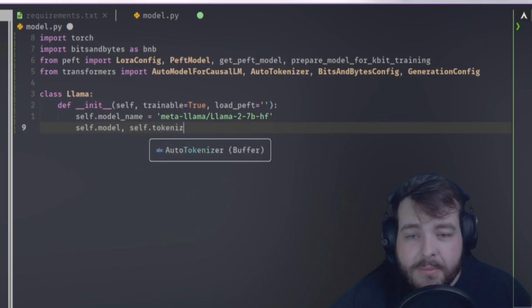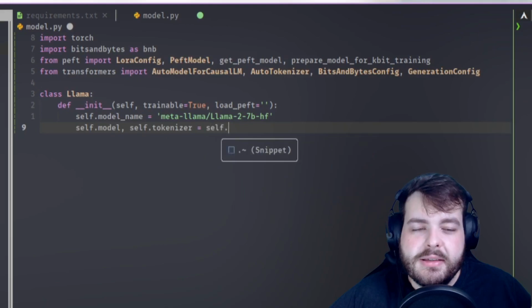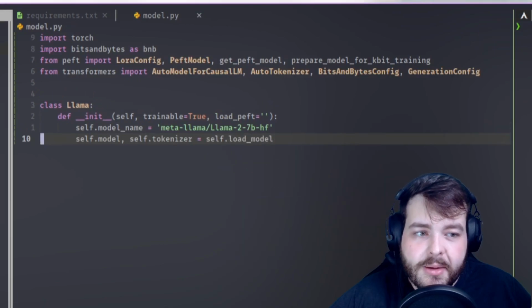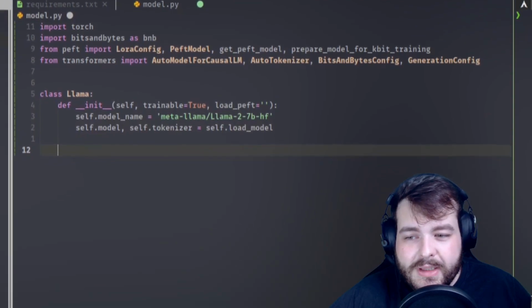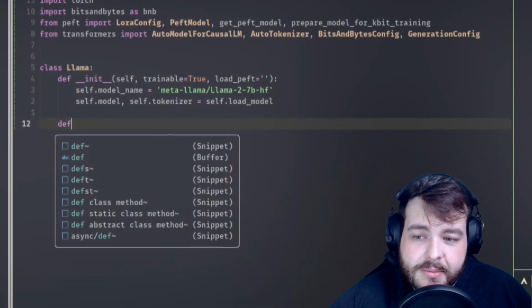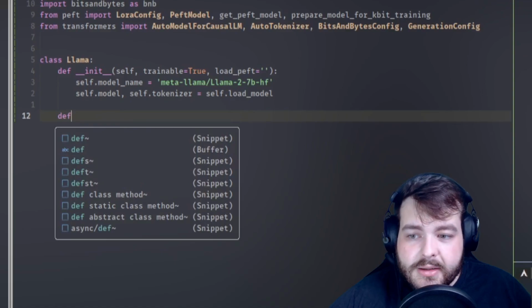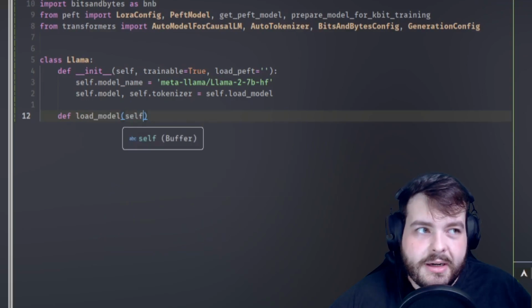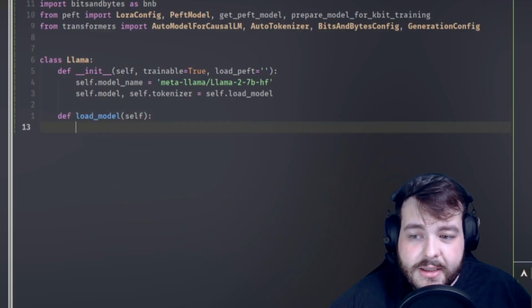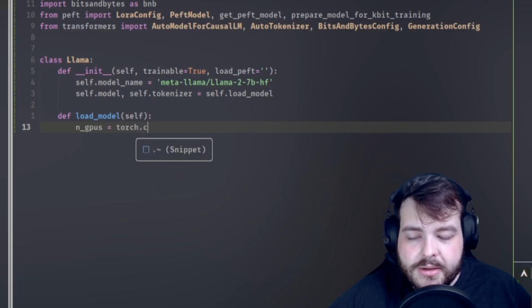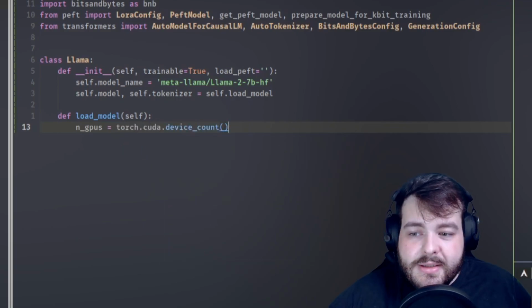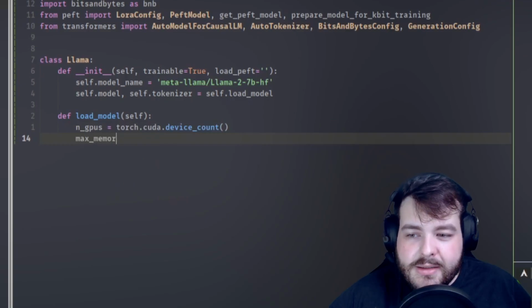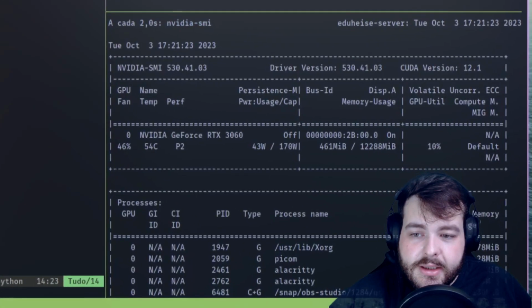Talk a little bit more about LoRa. LoRa is a technique classified as PEFT, which stands for parameter efficient fine-tuning. So the idea here is not to fine-tune the whole model, but just a small part where we can improve the performance without the need of a huge setup to run it. And usually LoRa updates just the embedding matrix of the model. So it creates two matrices and trains all the weights in these matrices, multiplies them, and merges into the embedding